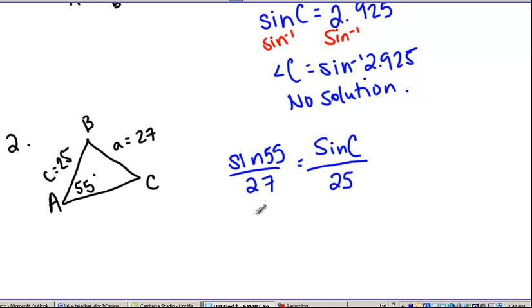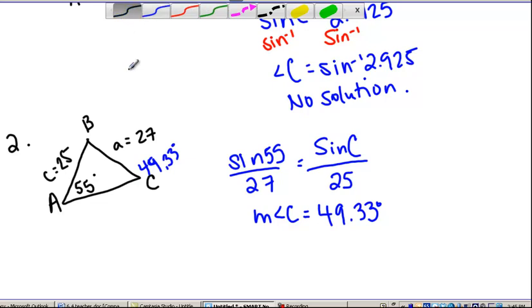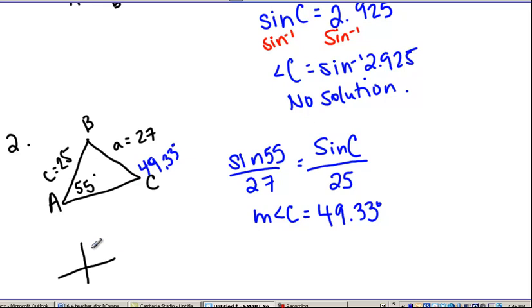Once you plug that into your calculator, you're going to get the measurement of angle C is 49.33. So that is one solution. Now, to check to see if it has two solutions, remember sine, and this was back in December, we talked about sine. When you restrict the domain, sine can be in the first quadrant, and it also can be in the second quadrant. So you've got to take that 49,